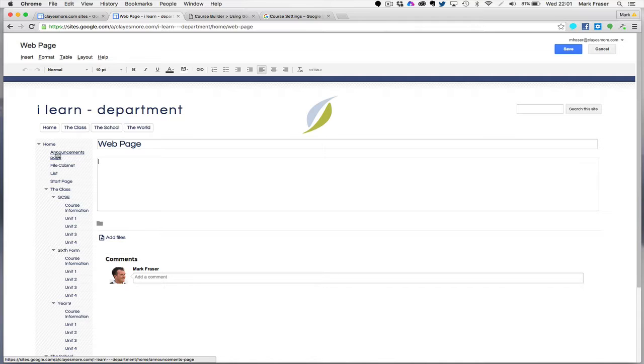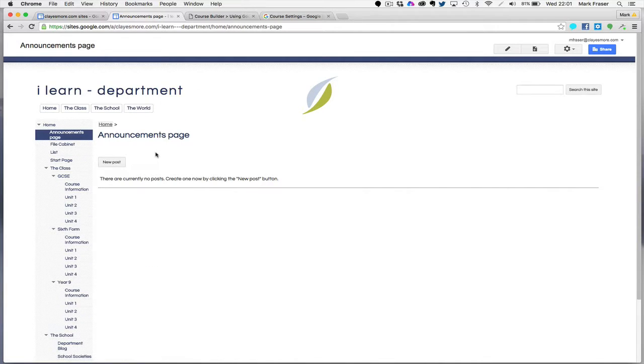So if we look at this one first, the announcements page, this is a little bit like a blog, and it allows you to create new posts, and then those posts are organized by date order. So you can see it's ideal for a blog. It would also be perfect if you wanted to post agenda for meetings, for example,